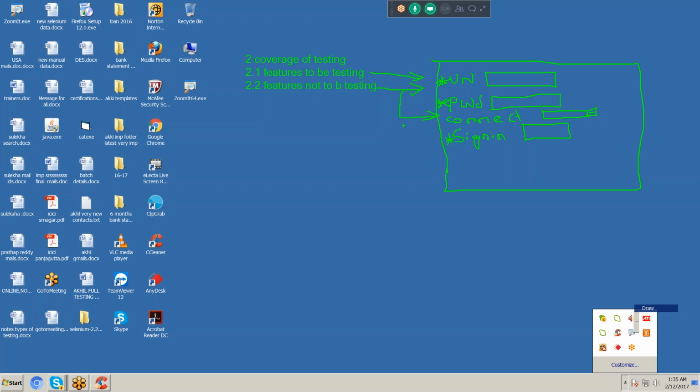So here the test lead will give you all the guidelines. Using those guidelines, we can complete our task very easily. That's the reason he is preparing the plan. What are the functionalities compulsory we need to test? What are the functionalities no need to test? He will list it out here in this section.